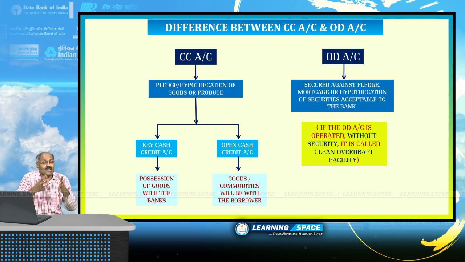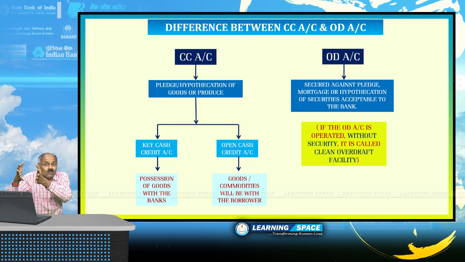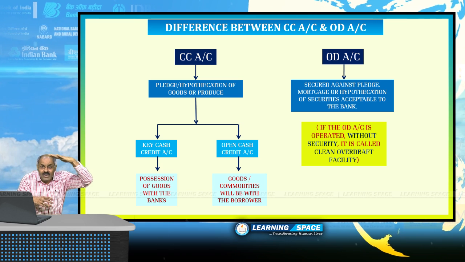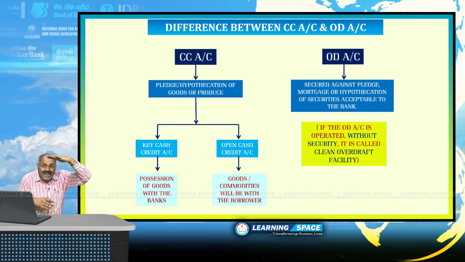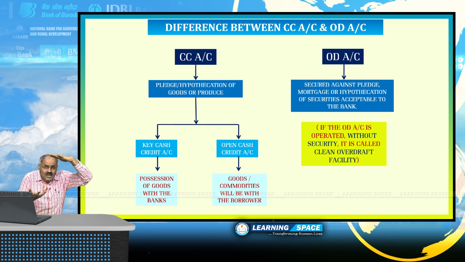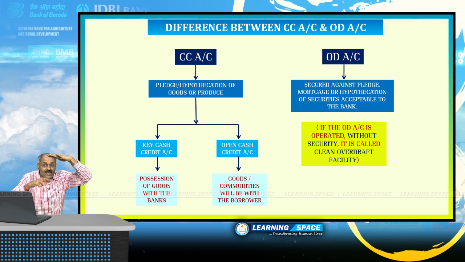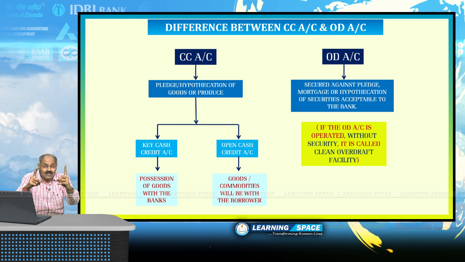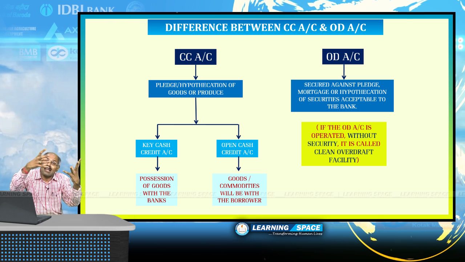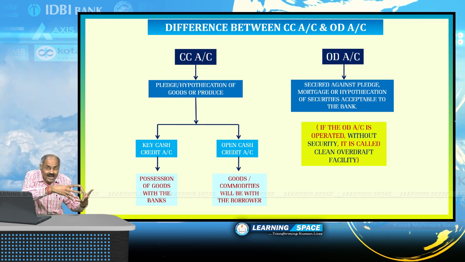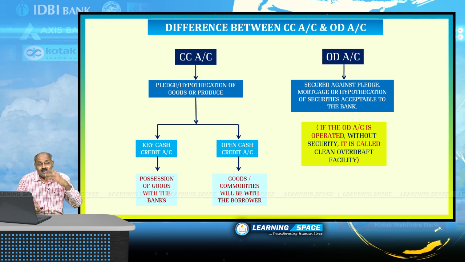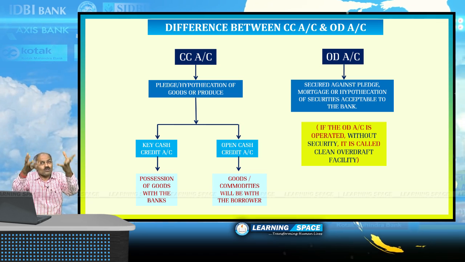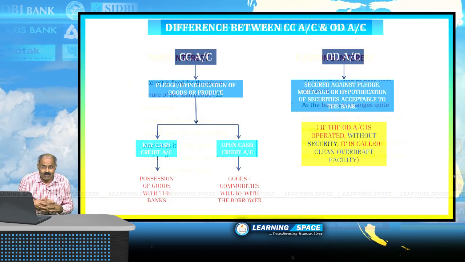Let me summarize this cash credit account and this overdraft account. These are examples of revolving credit. Bank will give the limit up to which you can access the funds, and whenever you require, you can take and pay back. But the slight difference between these two is in the process of accepting the collateral security, right? So with this, you are familiar with cash credit account and overdraft account. Let us move on to fixed interest and floating interest.